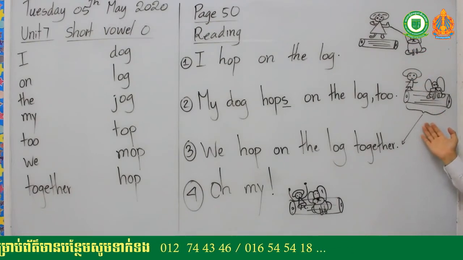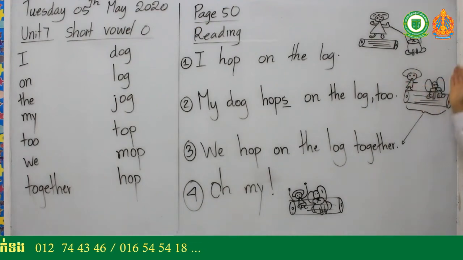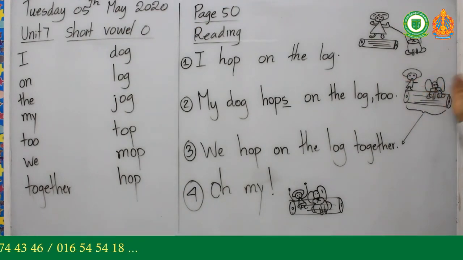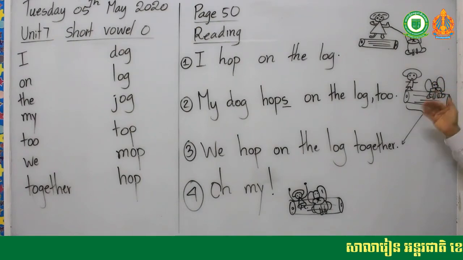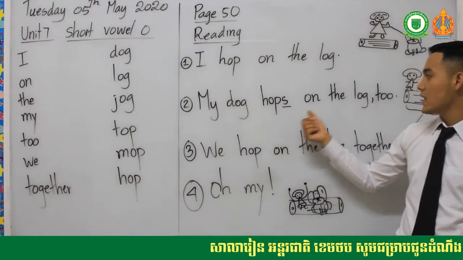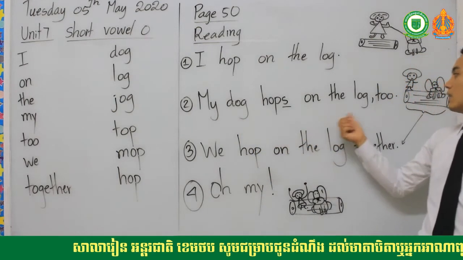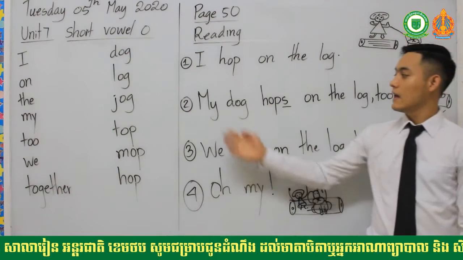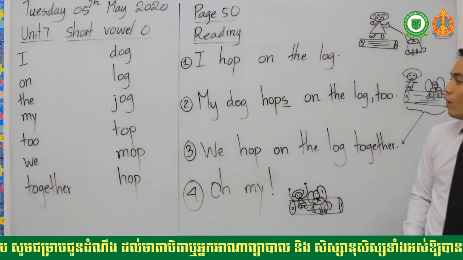Now picture number 2. When the dog sees the girl hop on the log, the dog also follows the girl as well. So now the dog does it and the girl sees that, and the girl says, My dog hops on the logs too. Again. My dog hops on the logs too. So over here,